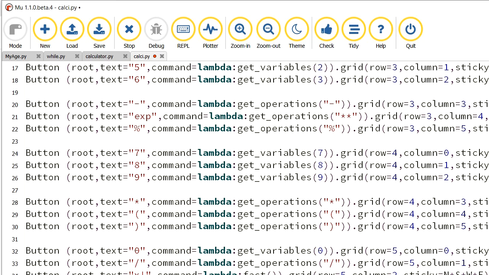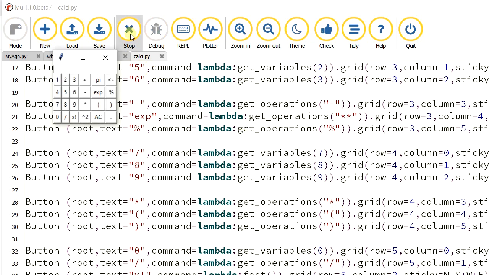Okay, and I change all the columns. So here the last row with different number operators and the all clear button, dot button, all these things are assigned to the corresponding functions and I change the row as number 5 and I fix them to the columns 0, 1, 2, 3, 4, 5. Let's run this one. See, our entire calculator gets ready.